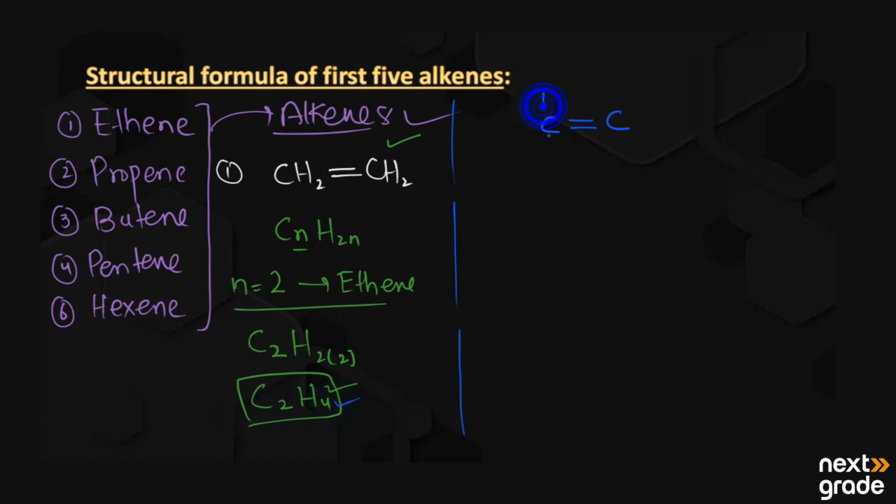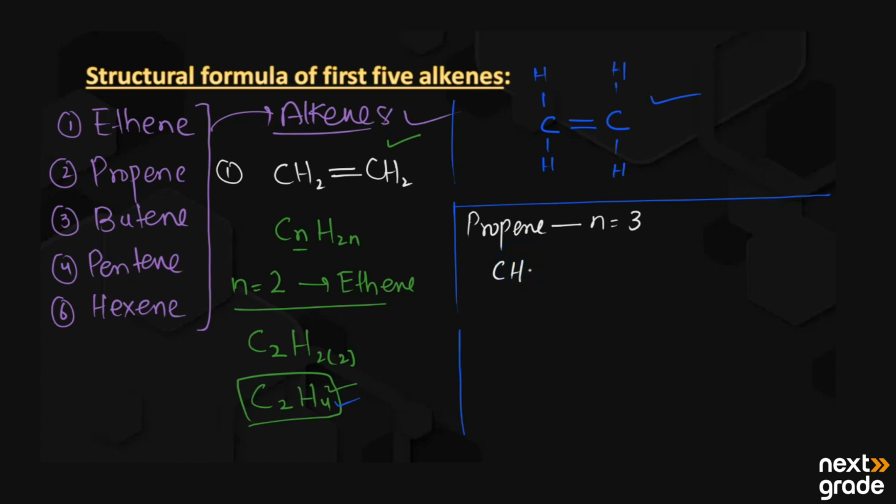So each carbon atom will have 2 hydrogen atoms. So this is the simple structure for the ethene. Next, if we have the structure for the propene. For the propene, the value of N is equal to 3, and the structure we have just like this: